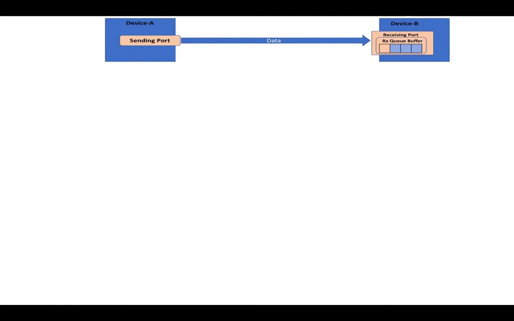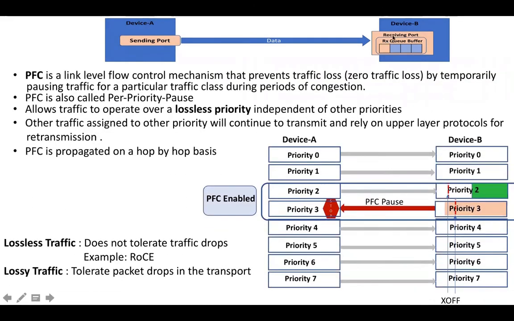I mean, stop sending all data regardless of QoS marking, correct? When we enable PFC, then PFC allows us to enable flow control based on priority or CoS value, class of service.